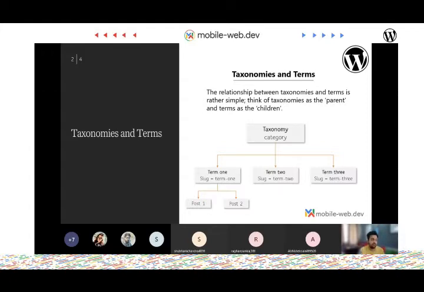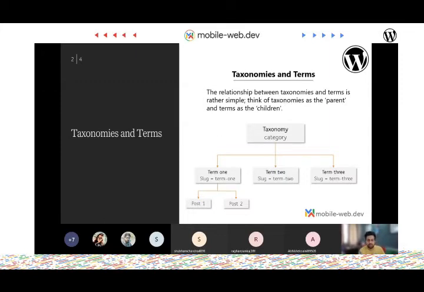Using these taxonomies, you can create their own archive pages, which help you display information in a collective manner. That is what we call an archive page. So taxonomy not only helps in categorizing the data, but also in displaying collective posts in a single view using the archive system. For that, you need a slug identifier for the post, and that is what we actually see in our WordPress tutorial.